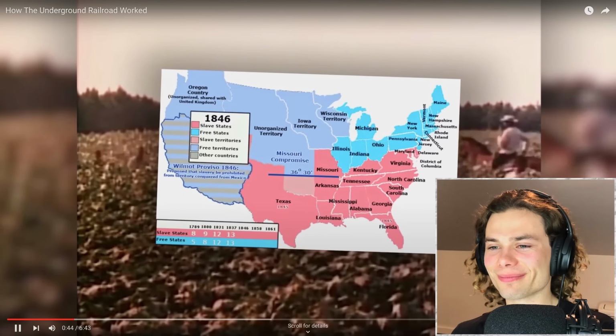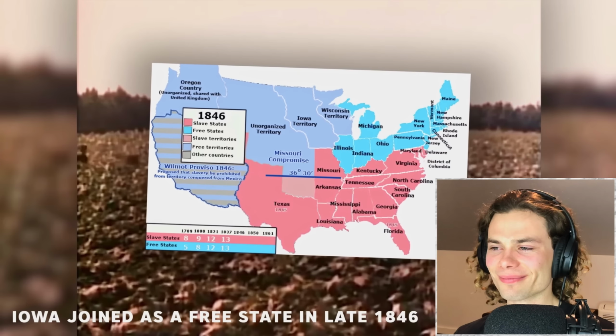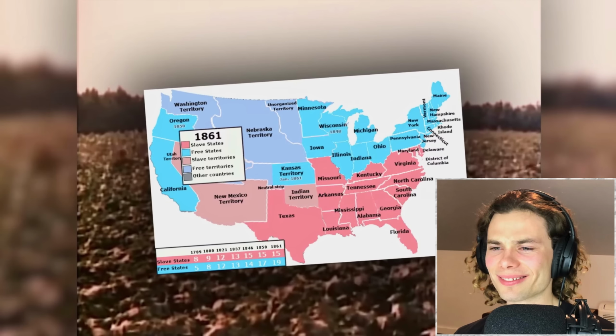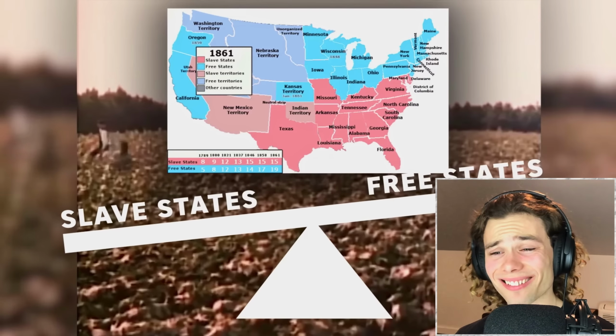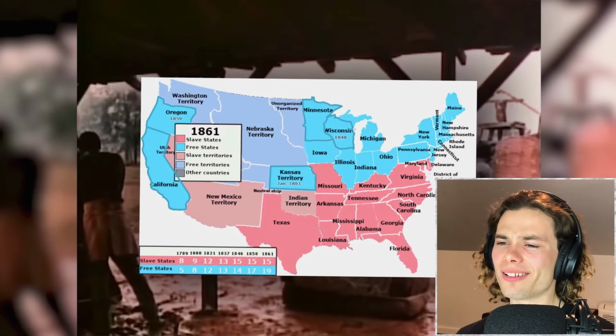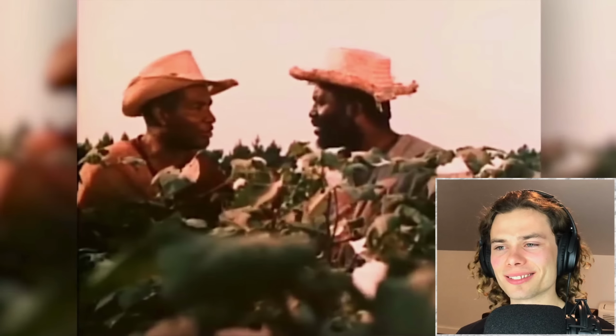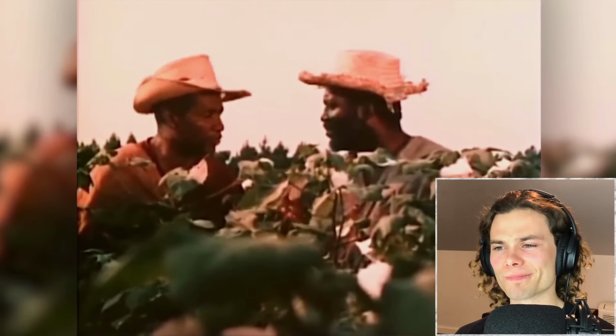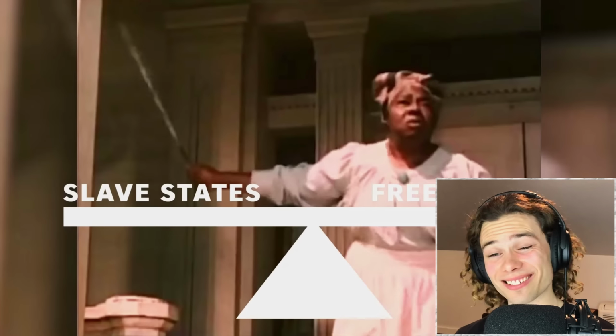Until 1850, the balance was kept between the free states and the slave states. But after half of the 19th century, the situation tilted the balance in the favor of the Union because 5 states joined the US. But for the purpose of this video, we are going to look at what an enslaved African American's life was like in the year of 1850, when the balance was still maintained.